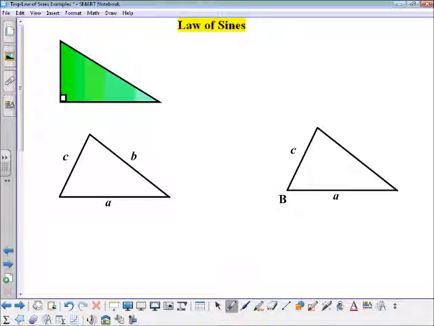Okay, so first of all, up until now, you've been dealing mostly with right triangles. And whenever you have a right triangle, there's two things that you normally use. Either Pythagorean theorem, if you're given two sides, or